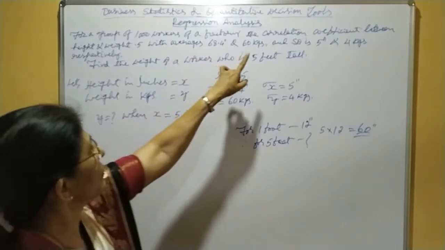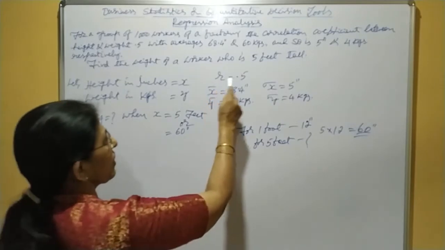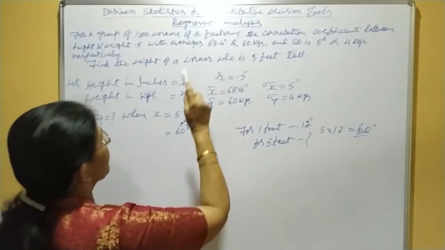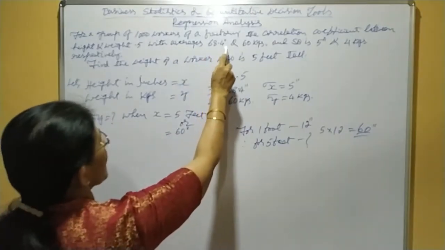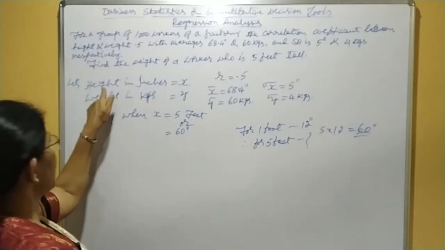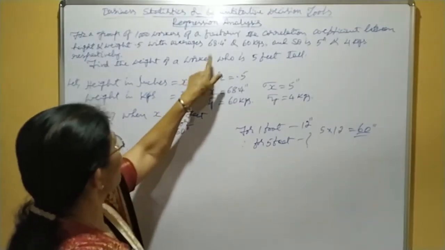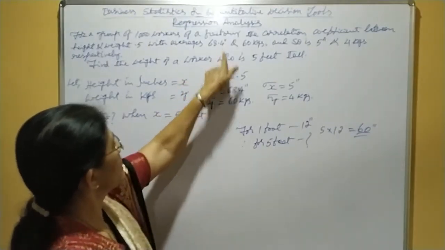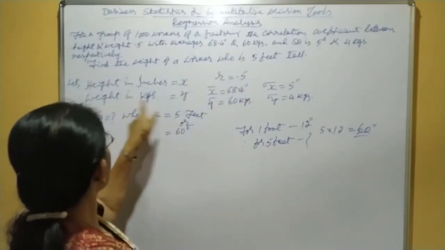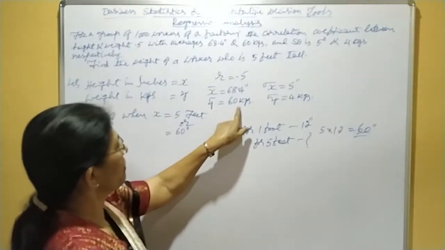Okay, then it is given correlation coefficient between height and weight 0.5. Correlation coefficient we denote symbolically as r, that is 0.5, with averages 68.4 inches and 60 kgs. Here inches refers to height. Height we have taken as x, therefore average height is x bar, 68.4 inches, and here kgs, that is weight in kgs, weight we have taken as y, average weight, that is y bar, 60